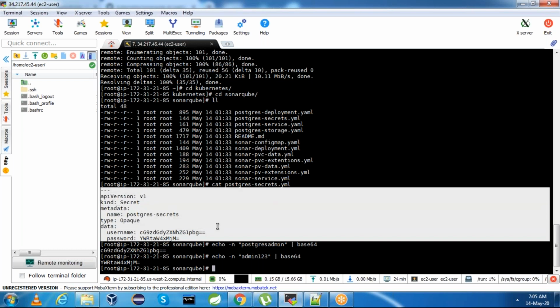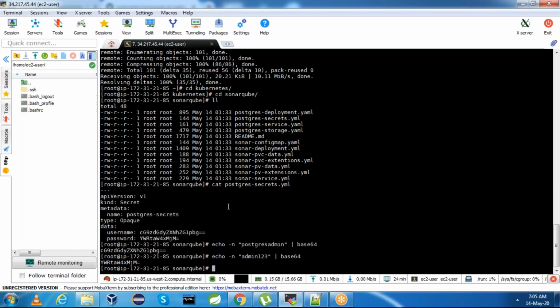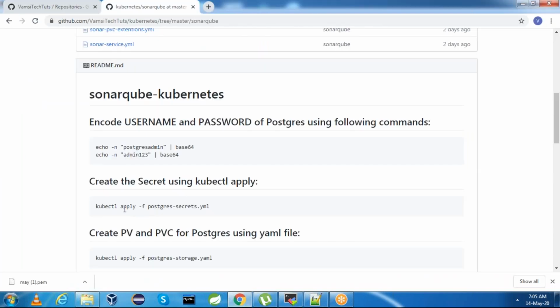This is secrets. Whatever we want to connect to Postgres, we need a username and password. For that, we generated base64 encoded username and password, created a YAML file, and added the data. This is perfect. Let us create the secret.